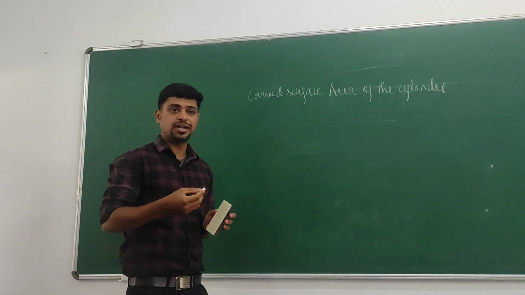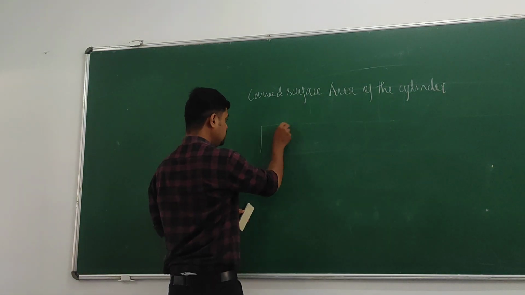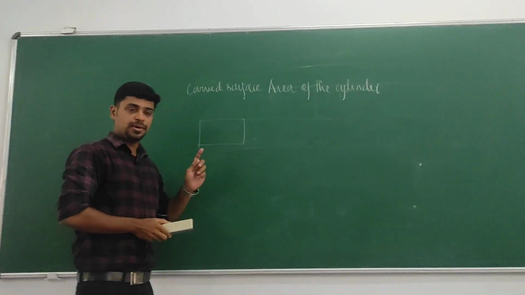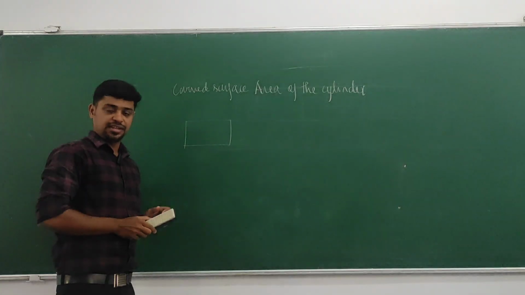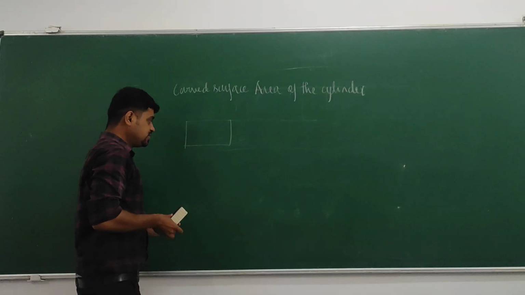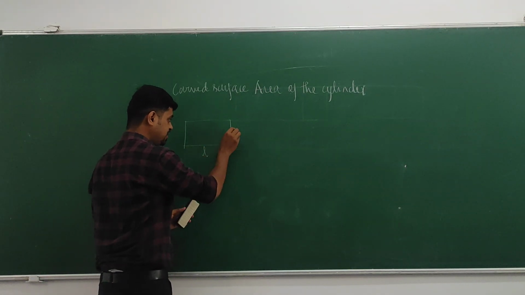Now we'll speak about rectangle. So what are the rectangles? We know this is a rectangle and we will have two dimensions over here. Those two dimensions are length and the breadth, right? So it is a two-dimensional shape. Now we can mention this as my L and we can mention this as my